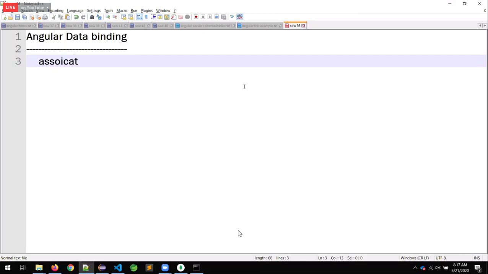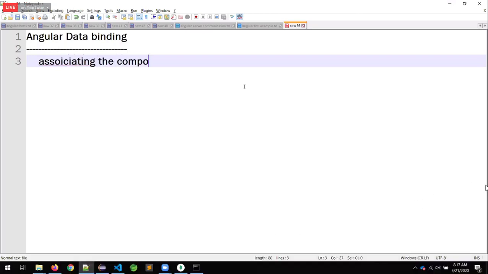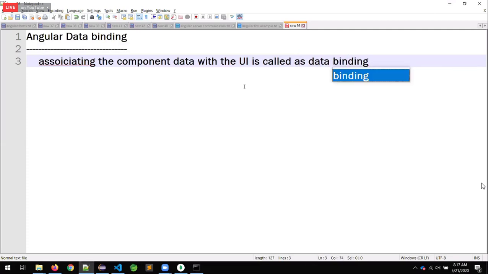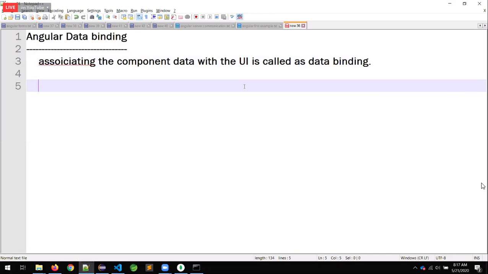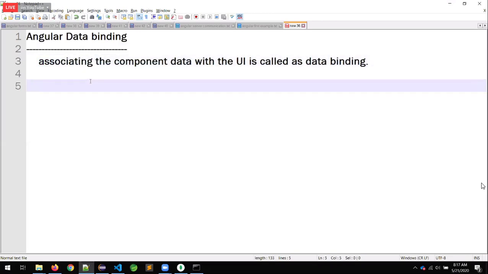Associating the component data with the UI is called data binding.